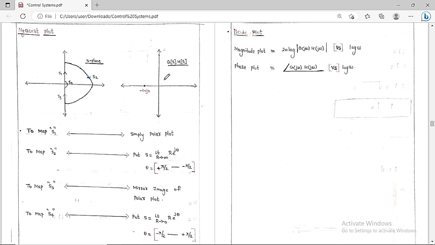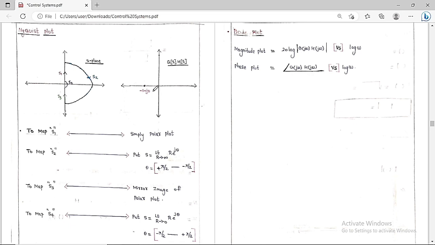So for each and every part, we have to draw the graph in order to get the overall Nyquist plot. So therefore, we are going to get some Nyquist plot. I have taken all these paths and done the mapping from S to G of S. So I have got some Nyquist plot around this G of H of S, around this minus 1 comma j0. So from this I can get the number of encirclements which are formed across this minus 1 plus j0, N is equal to P minus Z,